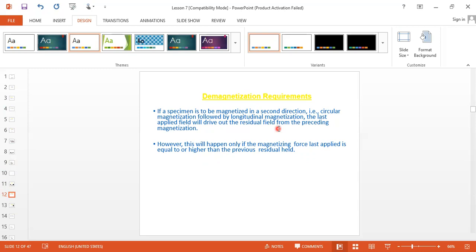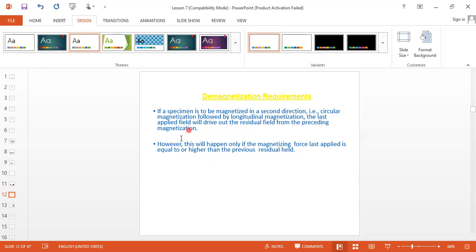So the sequence is like this. First, a head shot means we generate a circular magnetic field. Then we inspect the job to see whether any indications are there on the examination surface. After that we apply a coil shot current, and then the magnetic field will be longitudinal. Then we see the defects, and after that we pass the job through the coil. In the coil there is an arrangement to reduce the current and reverse the current, which will reduce the magnetic field in your job. That reduced magnetic field should be less than plus or minus 3 Gauss. In some of the standards they accept up to 3 to 4 Gauss maximum.